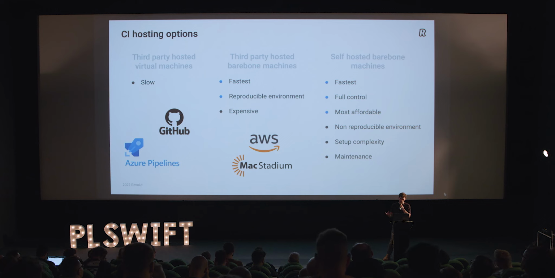So in the end, when you're self-hosting, you have to be more careful because your machines will probably have cache from the previous job, or will have installed something with Brew from the previous job that can mess up your build. And the other difference is that if you are going for Amazon, it's extremely expensive. It's so expensive that many companies go for self-hosting, even though it's going to be more work for the developers.